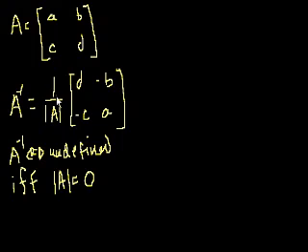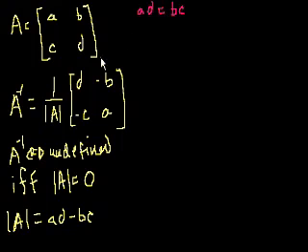So what is a zero determinant? Well, in this case, what's the determinant of this 2 by 2? Well, the determinant of A is equal to AD minus BC. So this matrix is singular, or it has no inverse, if this expression is equal to 0. So let me write that over here. So if AD